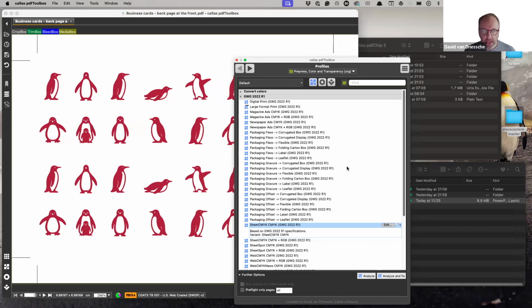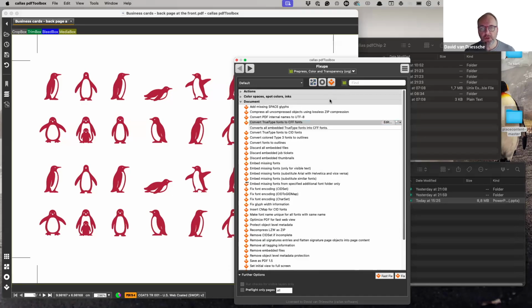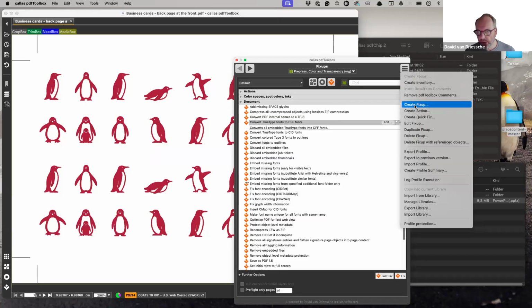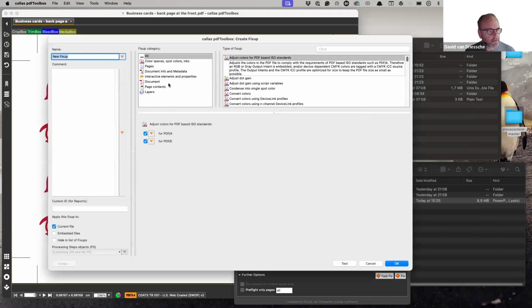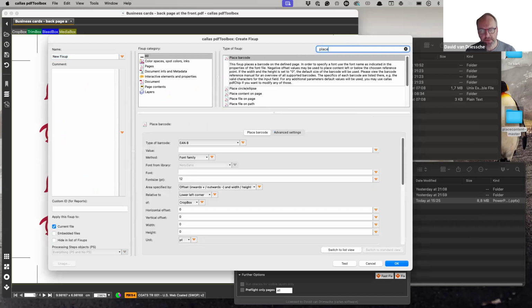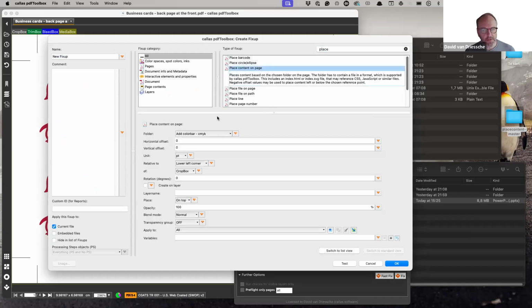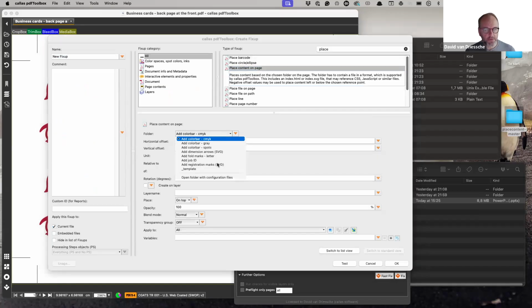Now, let's look at how it works for place content, and let me show you mostly that it is slightly different. And then we'll look at the details a lot more once we start making place content templates. How do I show you that it is different? Well, I can go to create fixup, and then here we will search for place, and then place content on page, which is the full version of the place content fixup,